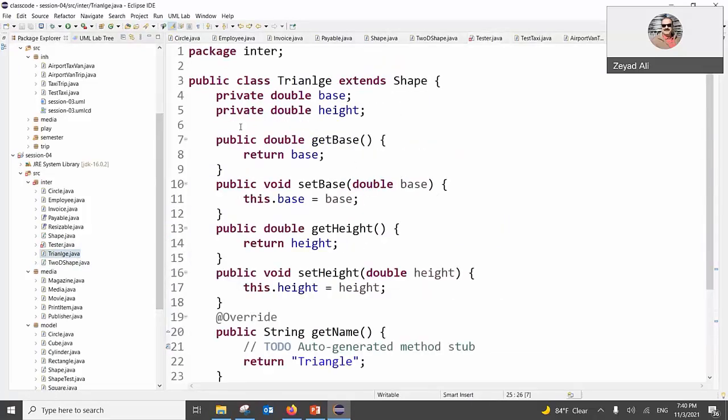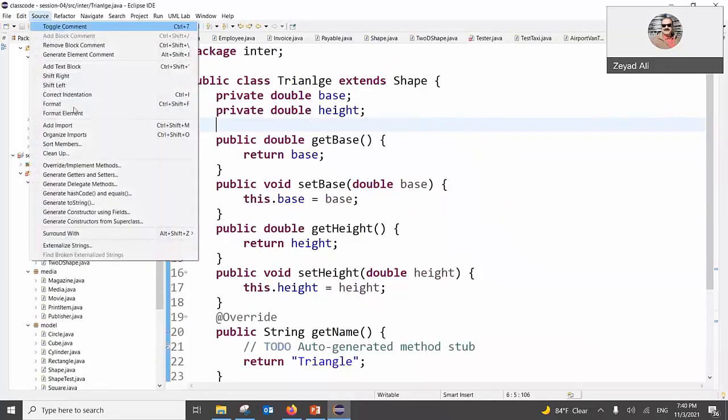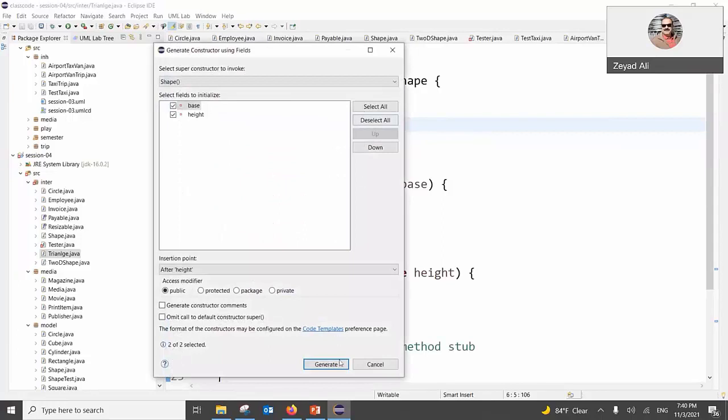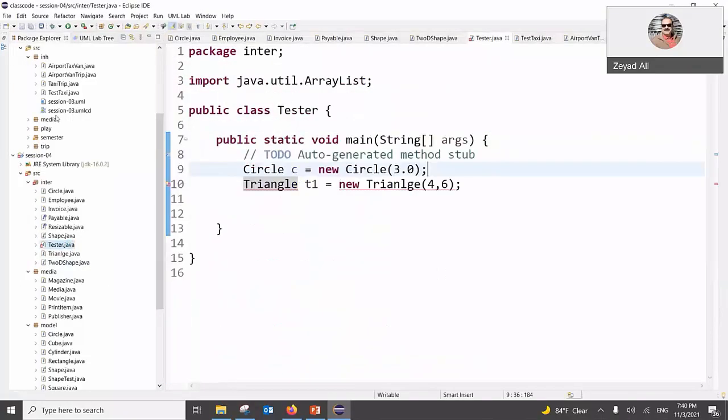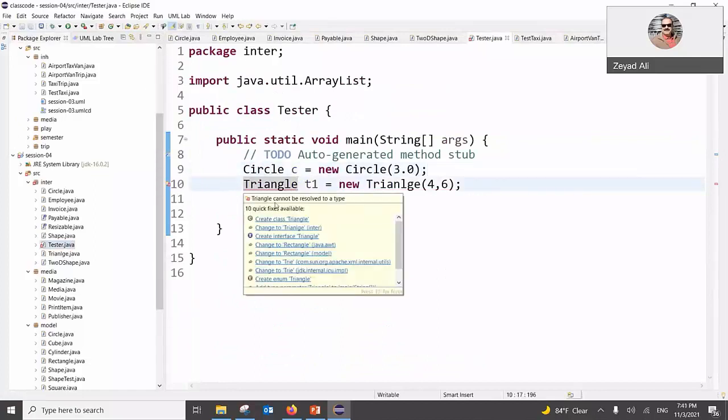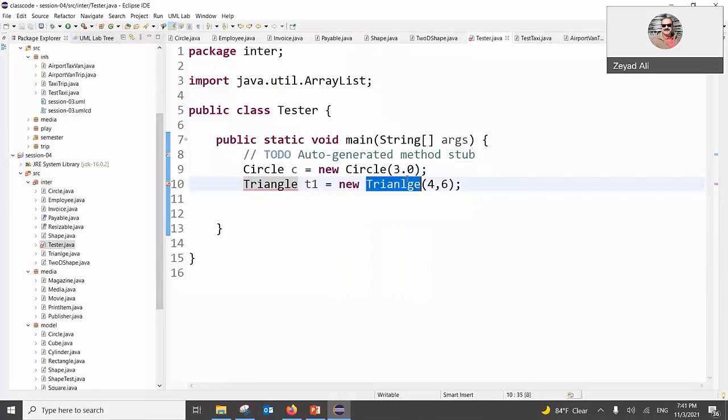We were busy with other things. So my constructor is very simple here. Generate constructor, I only need base and height. Tamam. This is done, base and height, that's it. So I go to the tester now, and our triangle hopefully is okay, written right. Okay, here is fine.